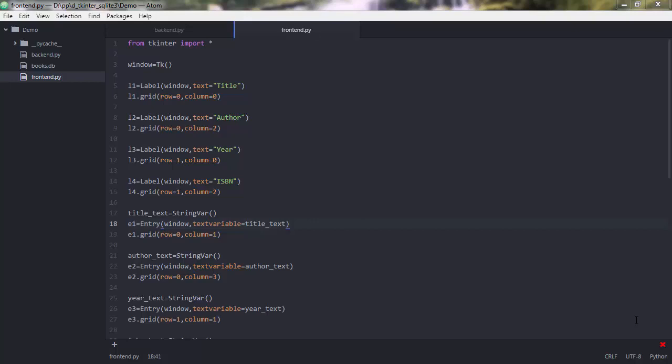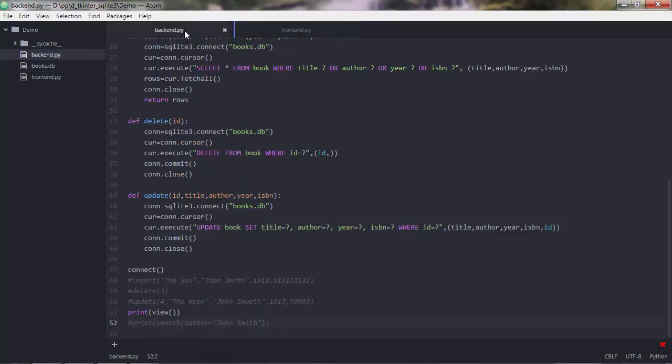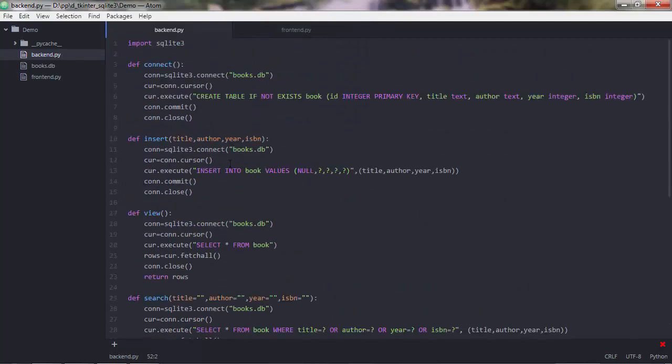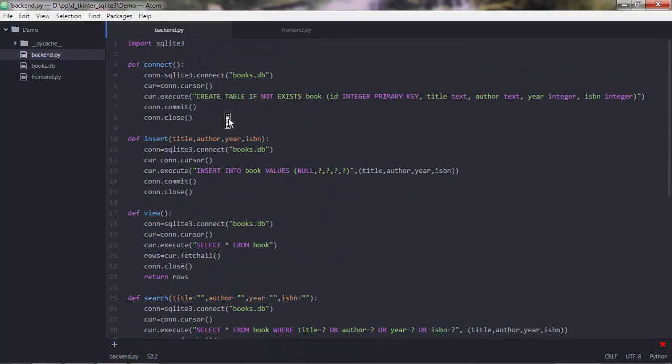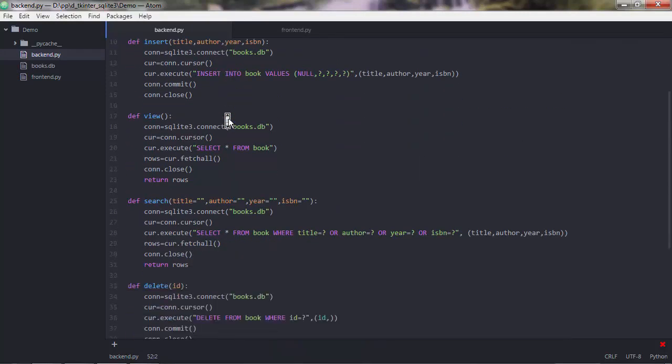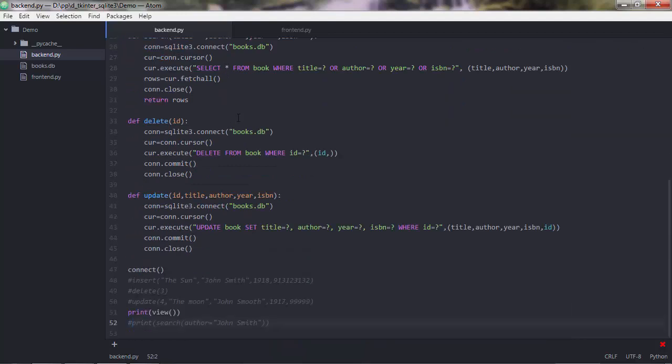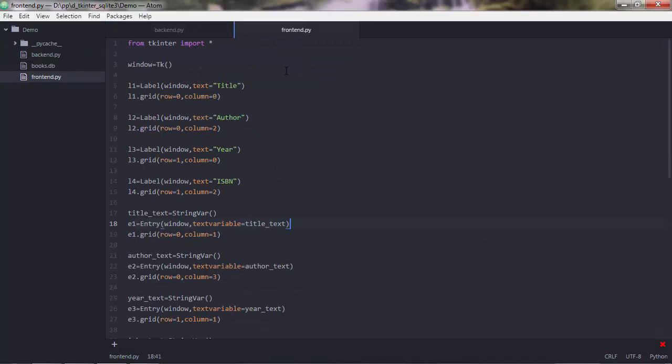So by the end of this lecture you'll have a fully working program that can store and retrieve book records in an SQLite database. As you know, we have two scripts. We have frontend.py and we have the backend.py script. We are completely done with the backend.py script. So we have built all of our functions that connect to the database, insert, view, search, and delete and update data. And now we need to go to the frontend script because we need to tweak it a little bit